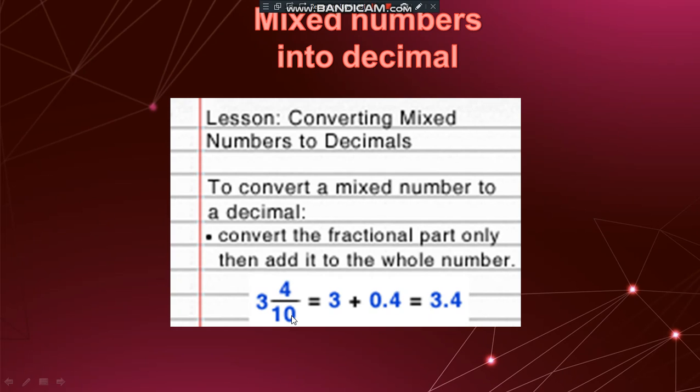Suppose it is 4 upon 100. What are you going to do? You have to leave two numbers because there are two zeros. So leave two numbers, 1, 2. I don't have a second number, so what I'm going to do is put a 0 before 4. So now two numbers are there, 4, 0. Then put a decimal. So your answer is 0.04. So 4 divided by 100 is 0.04. Similarly, 4 divided by 1000 is 0.004. I'll add two zeros because I need three numbers.